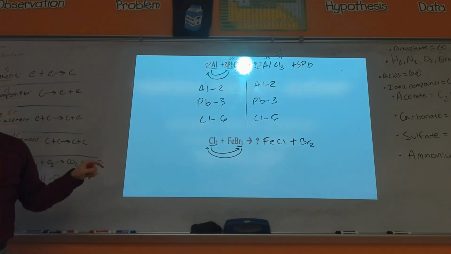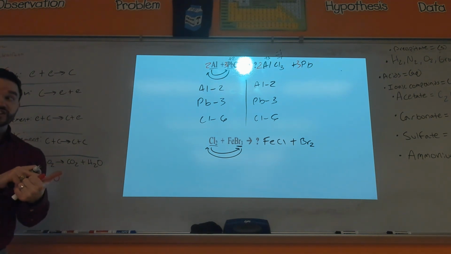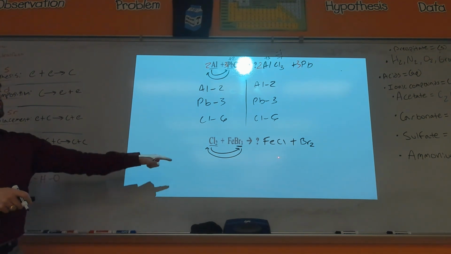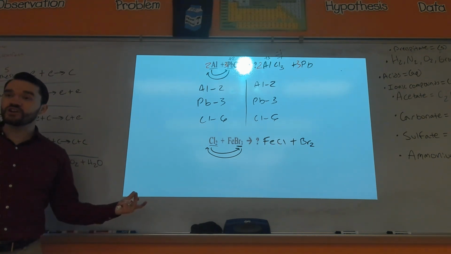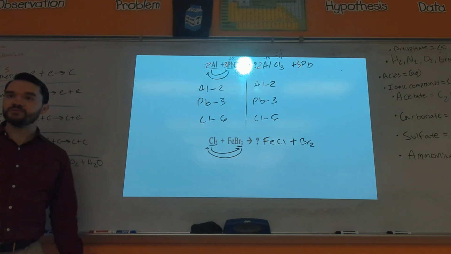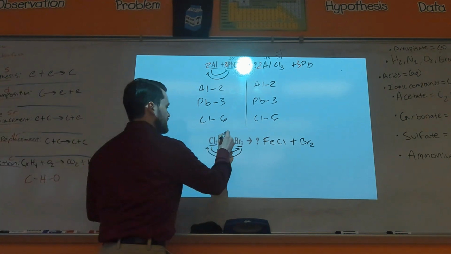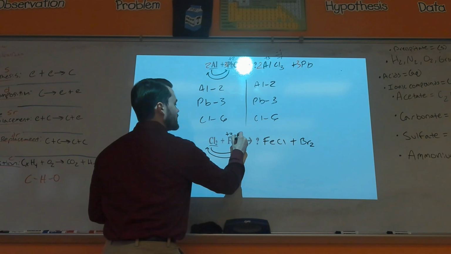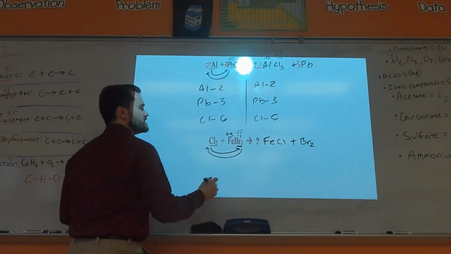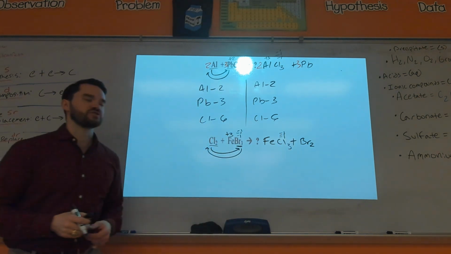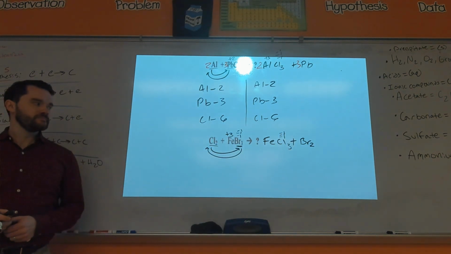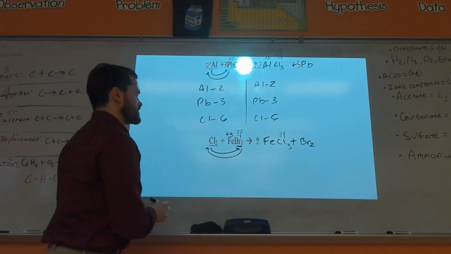Okay? Now, am I done here? No. You got to balance. You got to balance the charges and balance the equation. So here, what charge would iron have? Iron's a transition metal, so you don't see it written on the periodic table. Yeah, good, 3. It's a +3 because bromine's a -1, and there are 3 bromines. So that means it would be FeCl3 because chlorine is also a -1. Okay? And then finishing off by balancing,